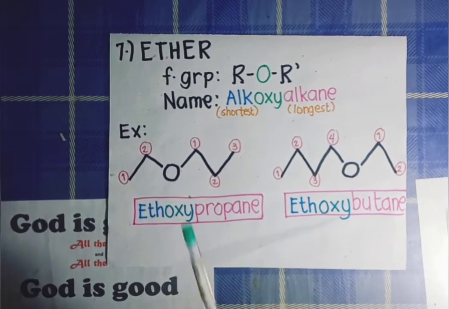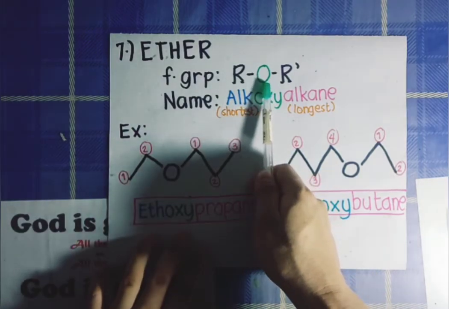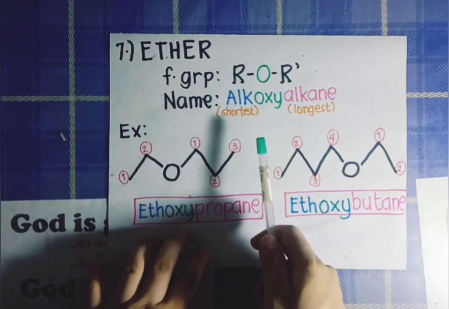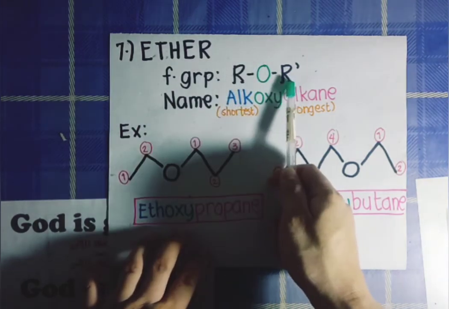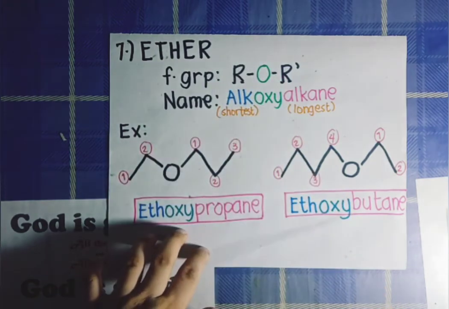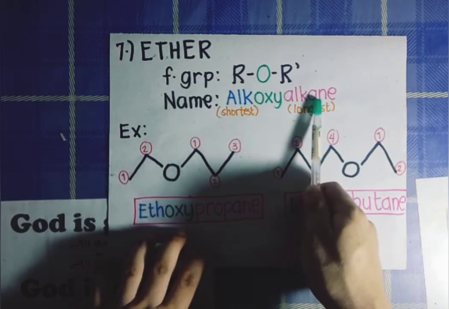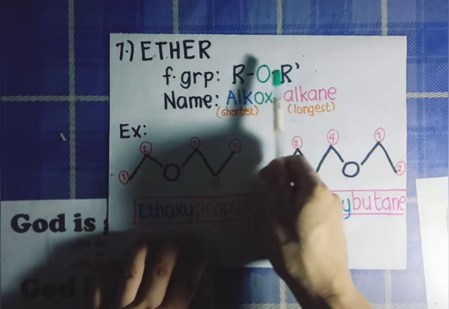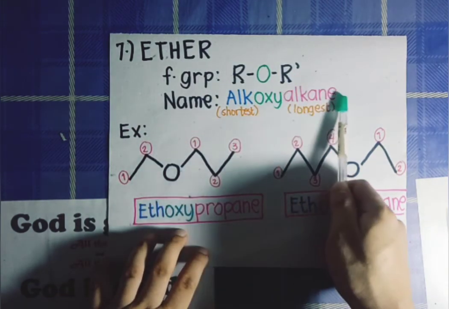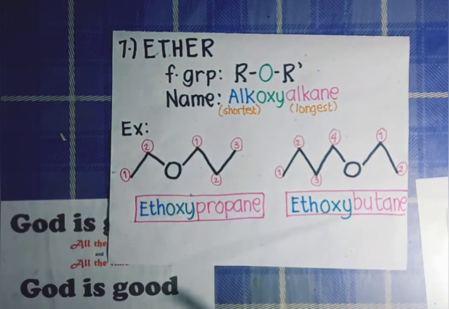And for the last one, let's have here the ether. Ether is primarily used as an organic solvent. The functional group of ether is an oxygen that is located between 2 chains of carbon. Now here, our 2 letter R's here represent the 2 chains of carbon that are separated by oxygen. The name of ether follows the format alk, oxy, alkane, where alk is actually the prefix for the shortest between these 2 chains of carbon here, and alkane is the name of the longest chain between these 2. Okay? For example, we have here